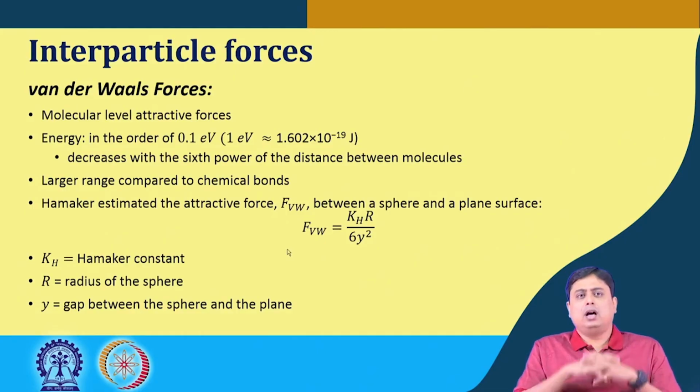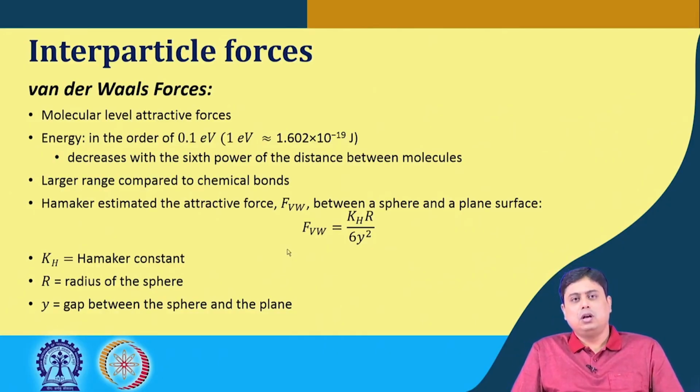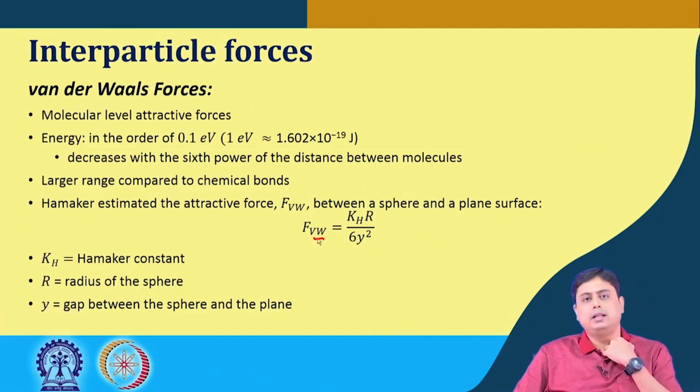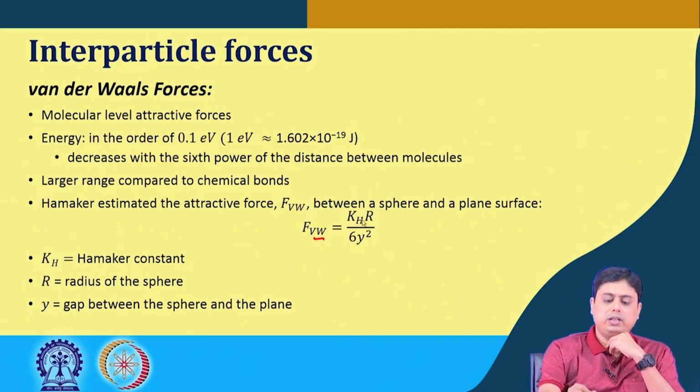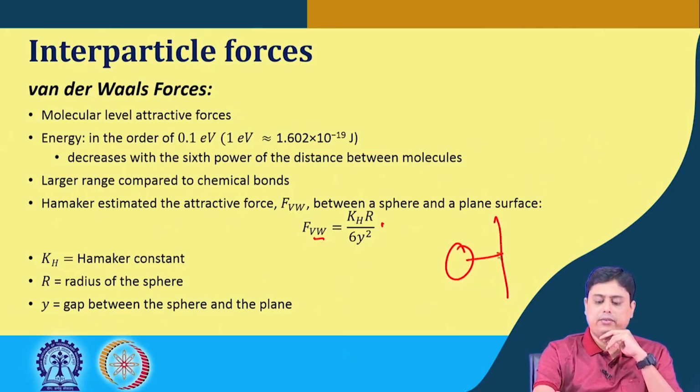Now, Hamaker estimated this attractive force between a sphere and a plane surface. So, how much is the intensity of that force? If that force is F, with the van der Waals abbreviated form VW, he has related it with K_H, which is a constant term called the Hamaker constant. R is the radius of the sphere,